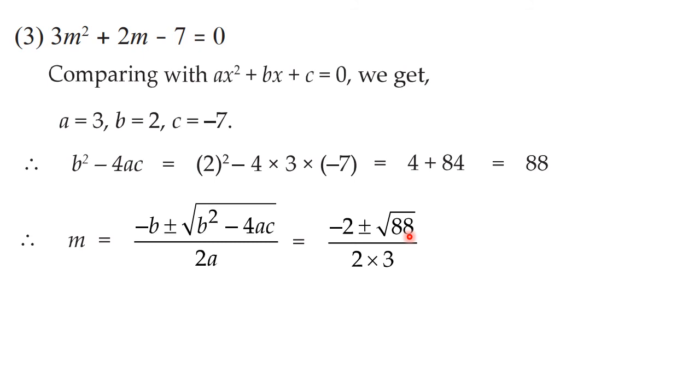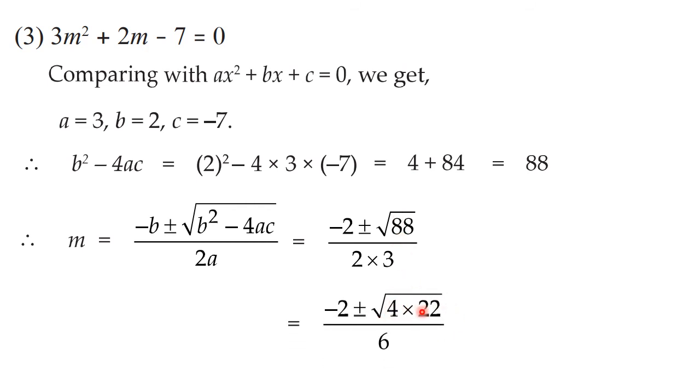It is not divisible by 3. Then go to 4. Or while thinking only, you think of perfect squares only. That 4 is a perfect square. So can you divide 88 by 4? Yes. You know that 22 4s are 88. So this 88 you can factorize as 4 into 22.